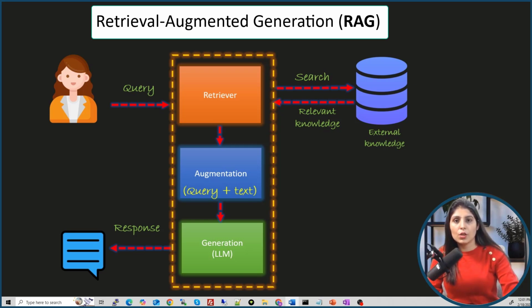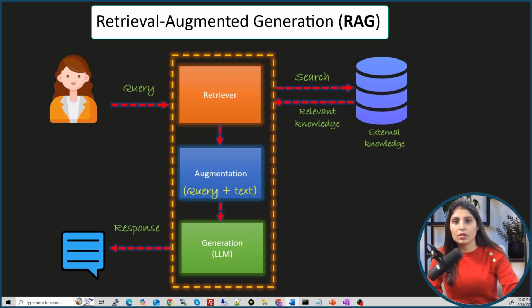So guys, in my today's video we will learn how to use RAG with LLMs to improve their responses. We'll understand how RAG works and why it is important, and then we will learn how to integrate RAG with LLM to make LLM responses more accurate and up to date. For this tutorial we will be using LangGraph, RAG and LLM from Hugging Face. That means to use the LLM, you don't need any kind of API key. We will directly download the LLM from Hugging Face and then we will use it.